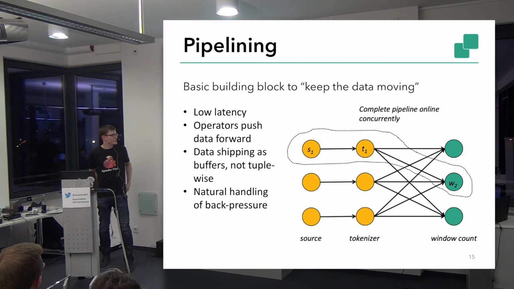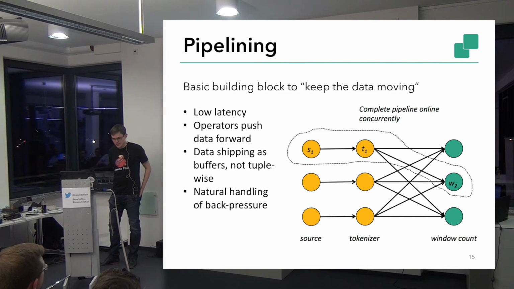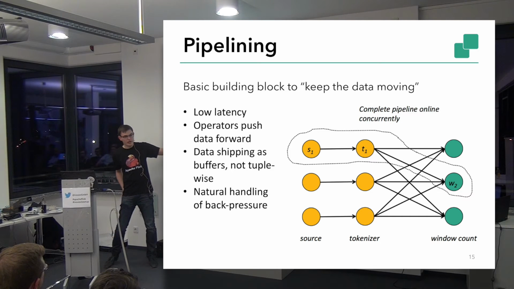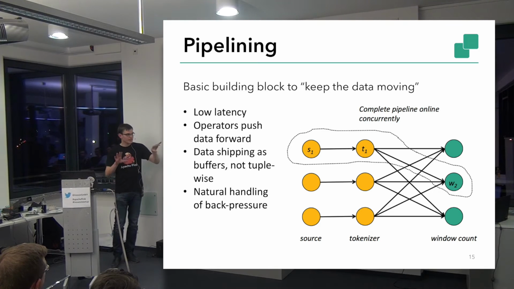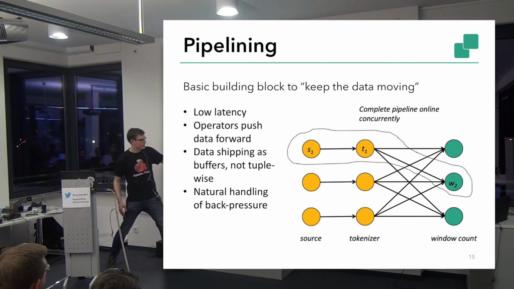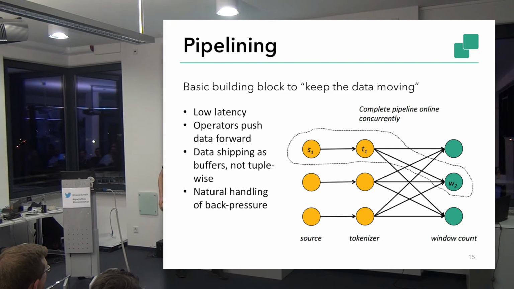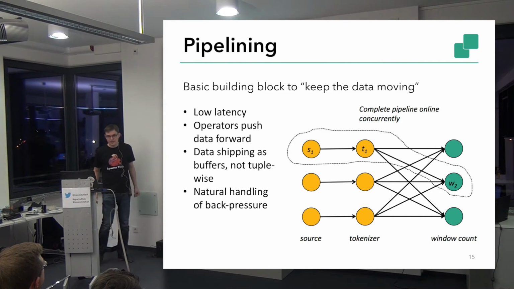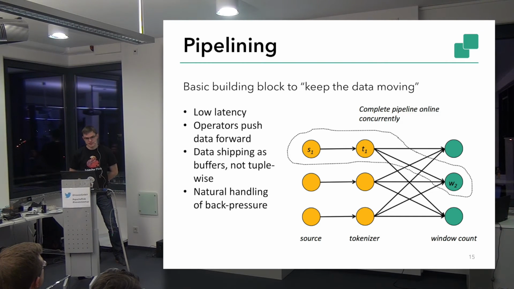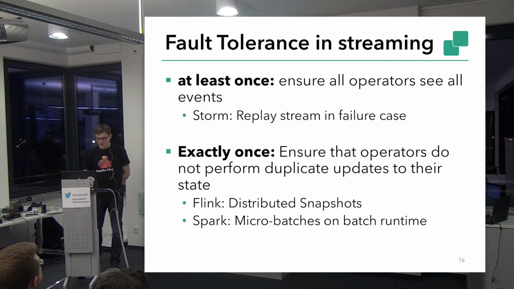We also have some more fancy features in this part of the system where we handle, for example, back pressure very nicely by having basically bounded blocking queues between these operators. So we can easily back pressure when, for example, the window operator is slower than the data source. They start slowing down, and then they will just slow down consuming data from Kafka, which is a very nice feature that other systems are suffering from.